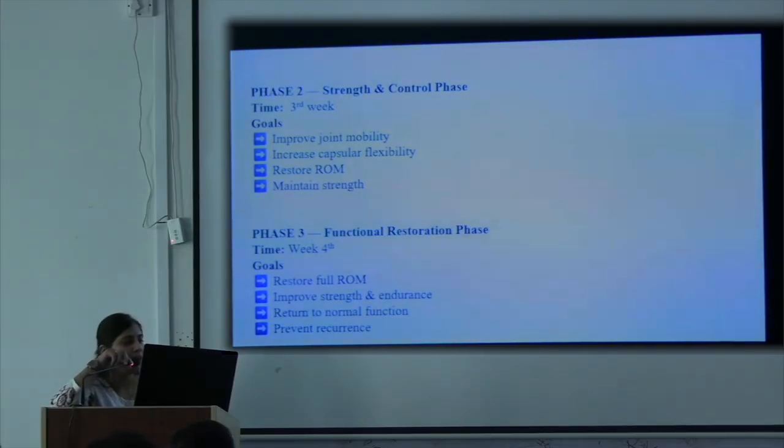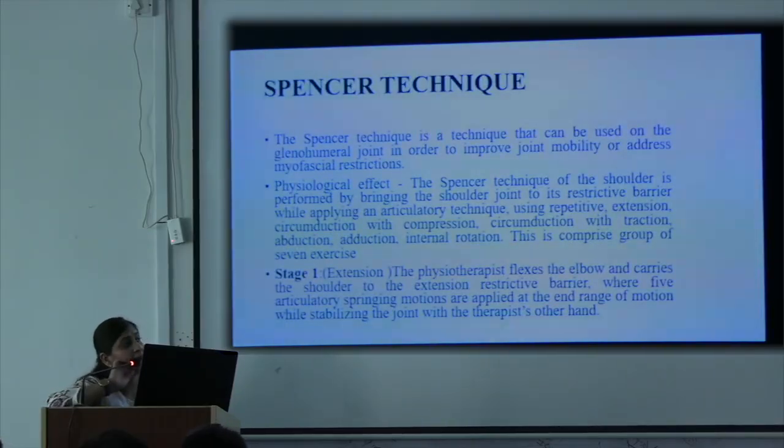Week 4 goals: restore full range of motion, improve strength and endurance, return to normal function, and prevent reoccurrence. Before going to treatment, I would like to explain the expansions technique, which is my main focus technique. The expansions is a technique that can be used on the glenohumeral joint